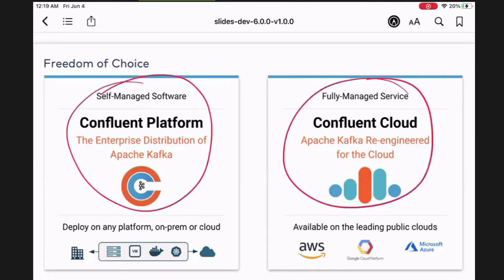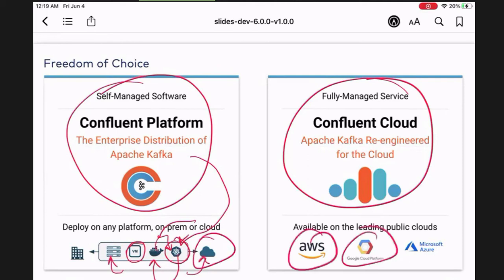These are different ways. If you manage it yourself, you can run it in Kubernetes. Kubernetes manages containers, and if you're running in Docker containers, then you can, of course, be managed by Kubernetes. You can run it in virtual machines. You can run on physical hardware, right? You could run it in the cloud, whether you're doing AWS or Google Cloud Platform or Microsoft Azure. And you can deploy on-premise in your own company, or you can deploy in the cloud.